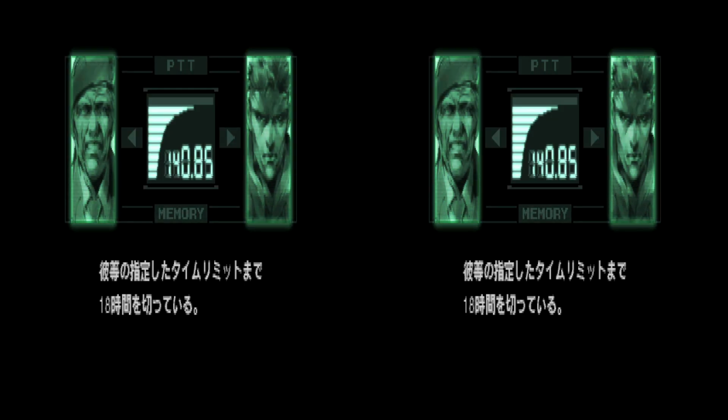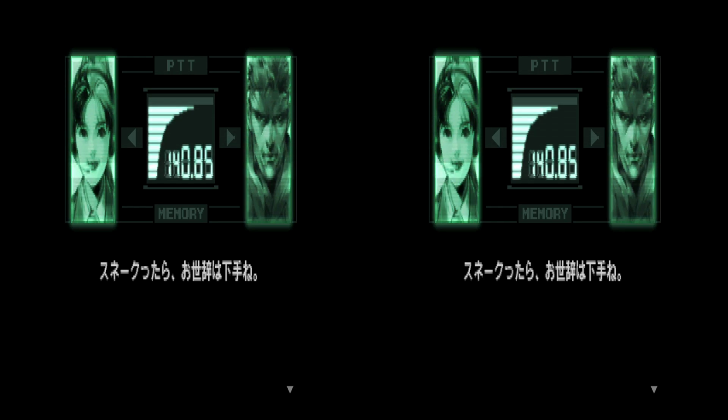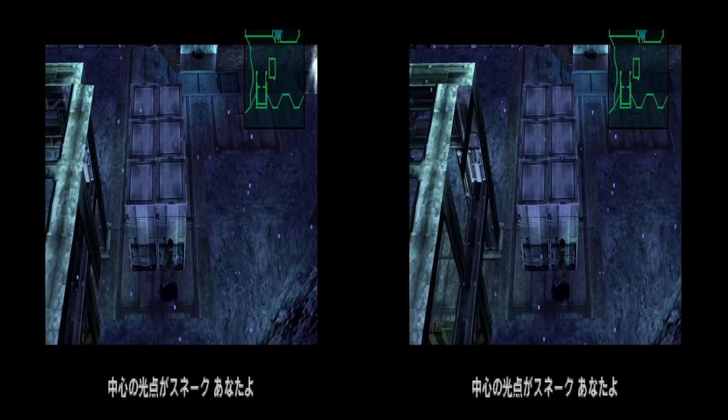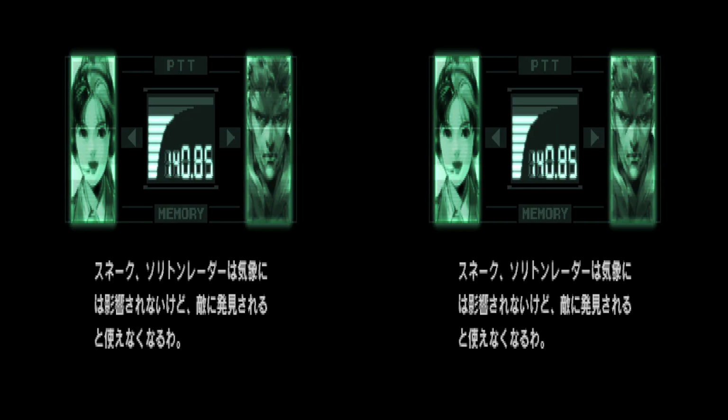There are only 18 hours. The bright dot in the middle is you, Snake. The red dots are your enemies, and the blue cone shape represents their field of vision. Snake, you're...